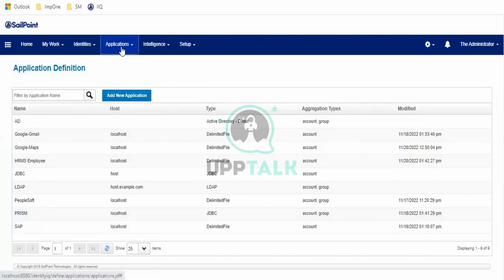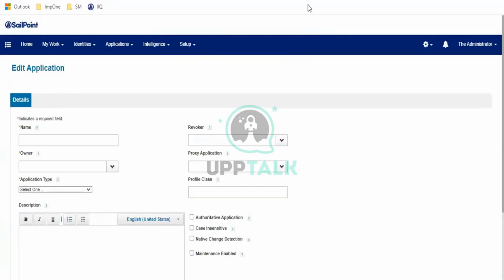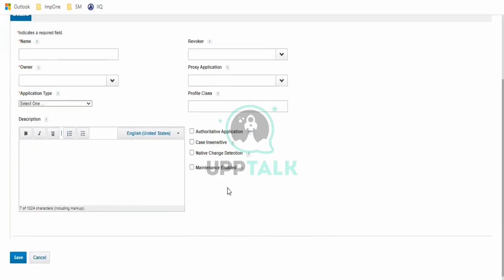Just click on application, click on definition, click on the application. And guys, one more time I'm reminding you, if you have any doubts, try to clear them then and there. Whenever you click on add new application, this is the page that opens.